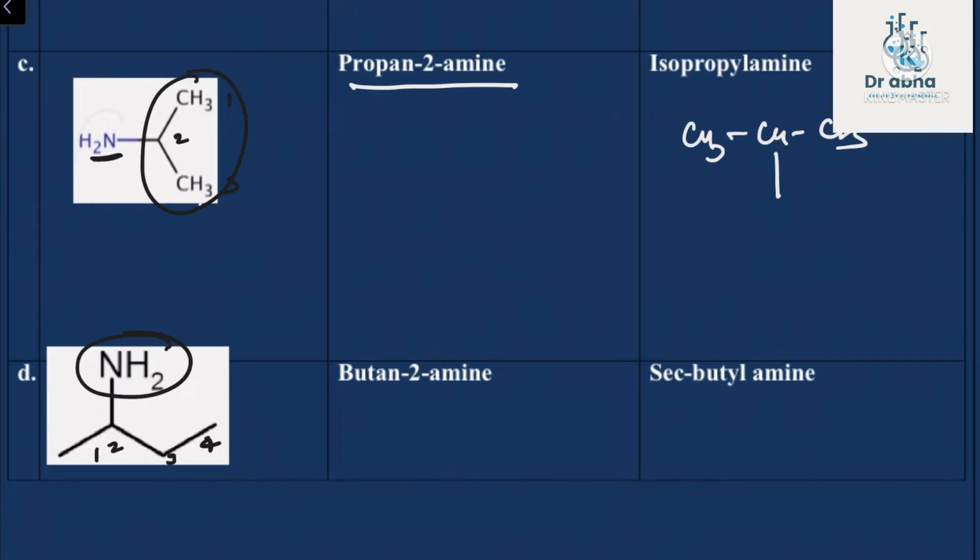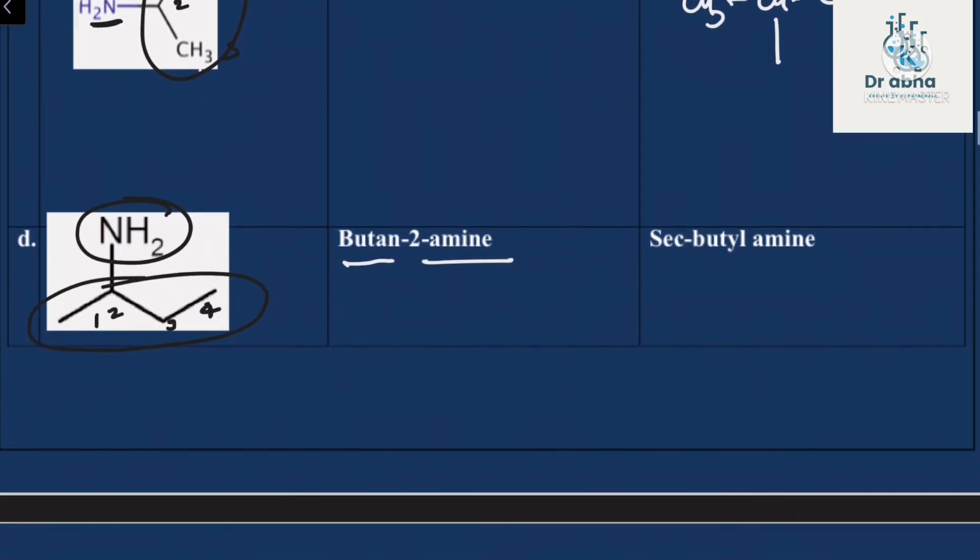So it becomes butane 2-amine. Butane 2-amine. And what about the alkyl name? So this is known as sec-butyl. This is known as sec-butylamine. Sometimes you call sec-butyl as